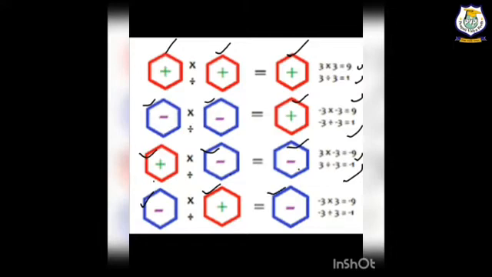Now we will come to the fourth one, one is negative and the second one is positive, then also we get our answer with the negative sign. Minus 3 multiplied by 3 is minus 9, minus 3 divided by plus 3 is minus 1. It means both answers we get with the negative sign. So if one is positive and one is negative, then also we get the negative sign. Here I have compared how multiplication and division both follow the same rules.